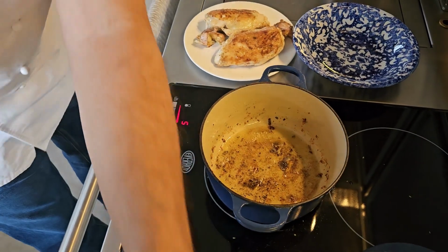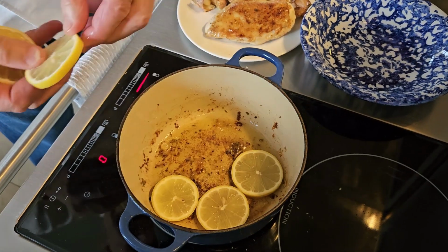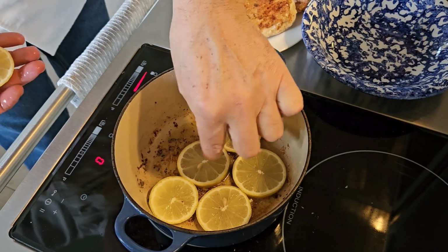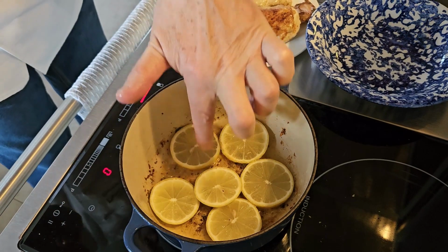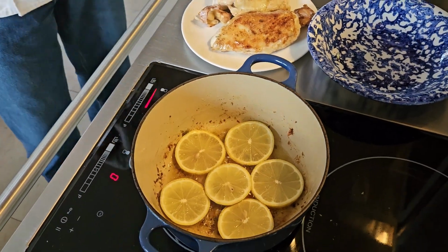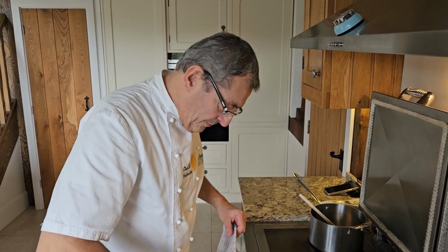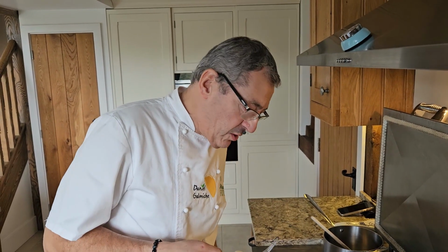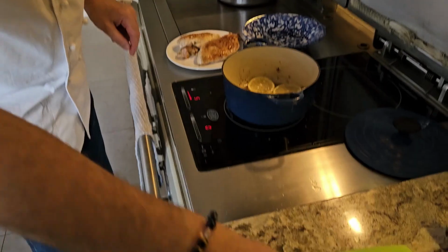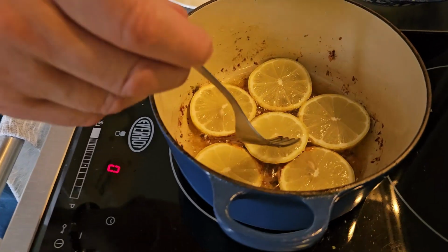Okay, and now we're going to use a slice of lemon, and we're going to caramelize the lemon slightly. Actually, this one should probably be in the middle because it's tiny, and voila, that's it. I love caramelized lemon, so it's going to take the flavor of the chicken and the garlic already, but at the same time, it releases some acidity, and it's going to caramelize. So you've got all this mix of gorgeous flavor, and what is diced in here will be added at the last minute. So first we roast that nicely,